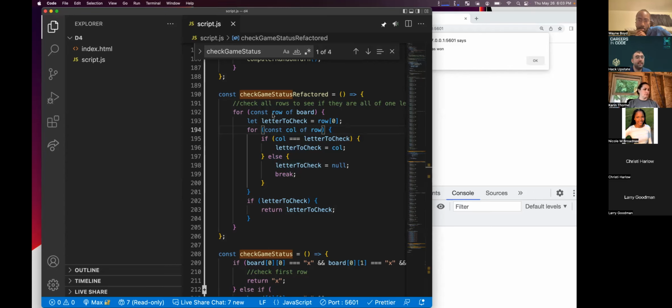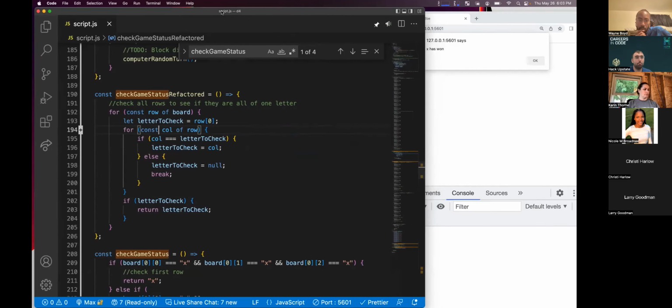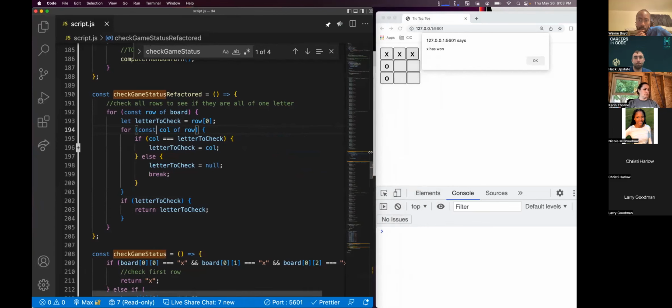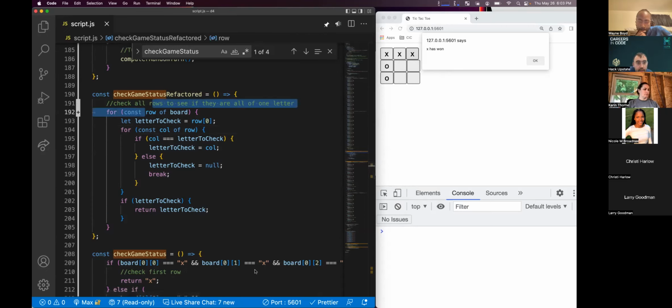First time the row runs, it goes over the board. It gets the row. The row is going to be this row in here.